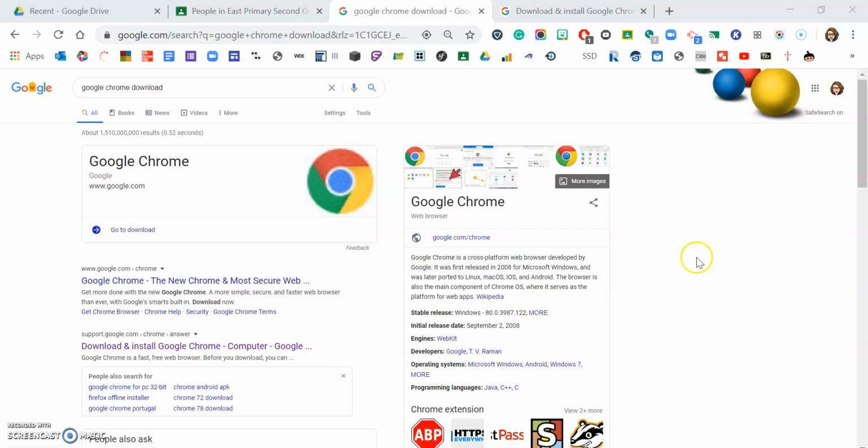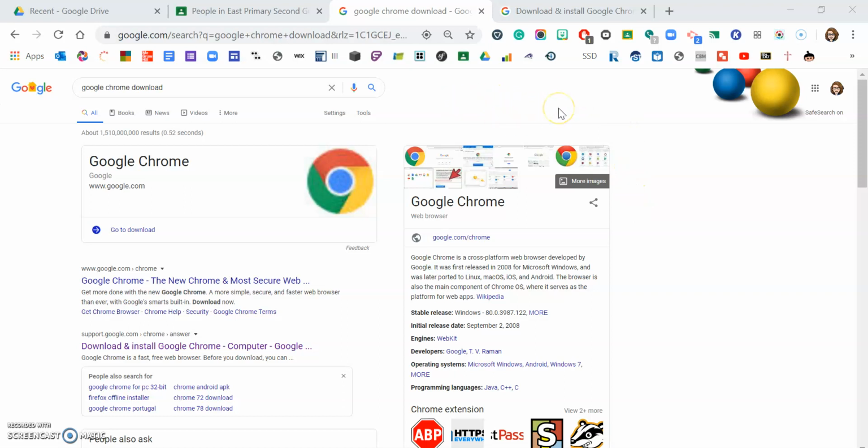The first thing you need to know is that we'll work best under Google Chrome, a web browser. If you don't use that web browser, you can download it by simply searching Google Chrome download and adding that browser. If you do already use Chrome, or if you have a Gmail account, you might run into a few